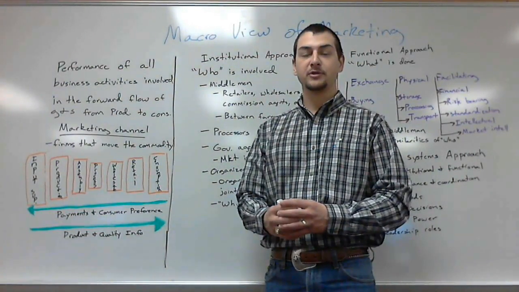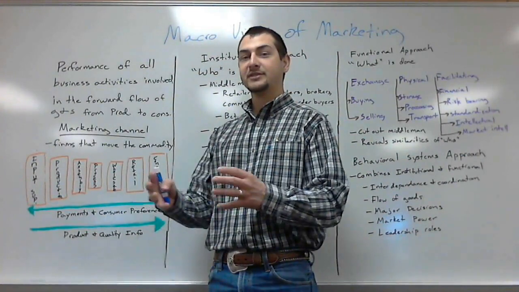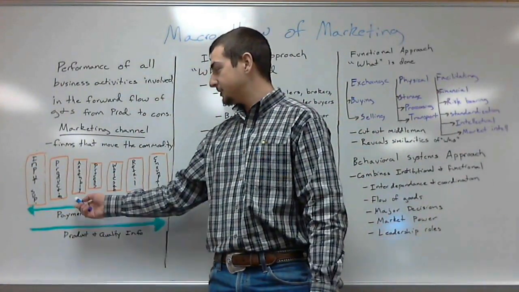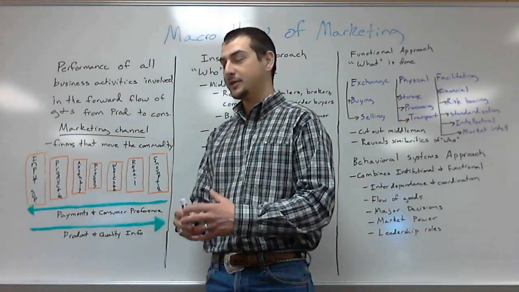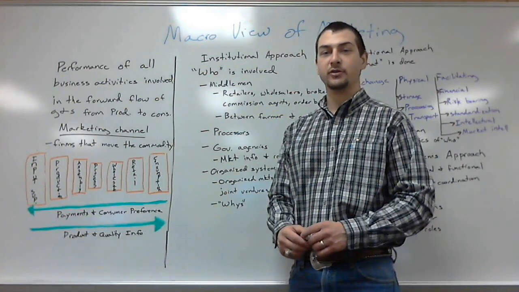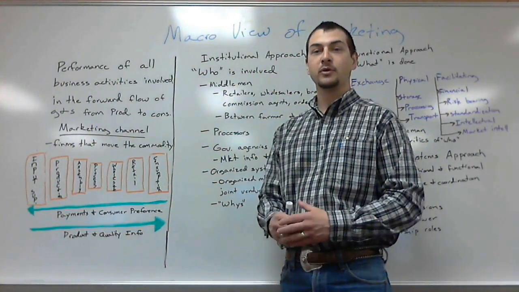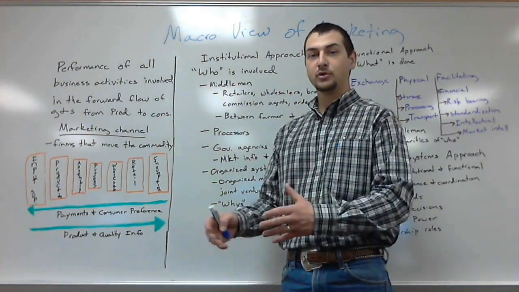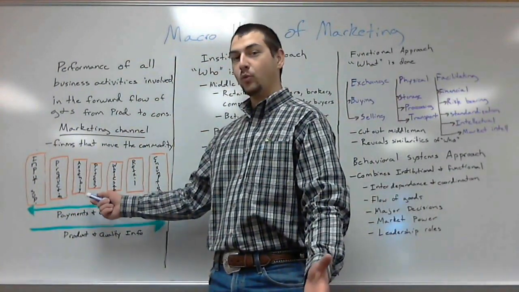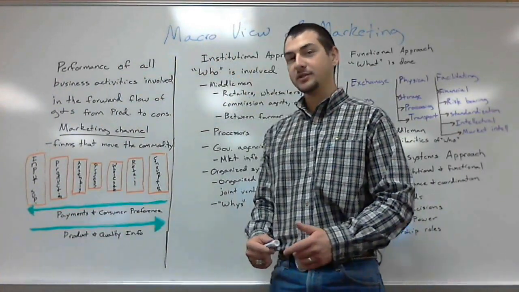If you're a livestock person, you might think of this as the auction barn, because they're assembling all of these individual ranches' cattle together in one common place. So the assembly is mainly bringing them all together. Then we have the processors. The processors are those that take that raw good and begin to actually turn it into a usable food source or a usable good. So these are the people that are going to be taking, say, for example, wheat, turning wheat into flour and then flour into bread. Those are those processors.